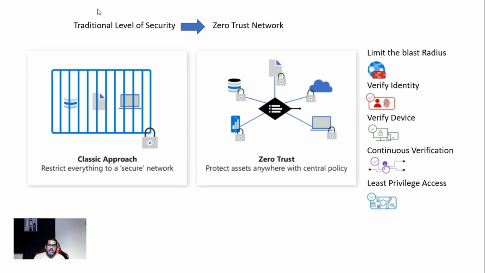As a result, we have to take the zero trust approach, wherein you need to protect assets anywhere with a central policy. We also talked about zero trust in the previous video. I highly recommend having a look at it if you want a deeper understanding of zero trust. But the goal of zero trust is basically to limit the blast radius, verify the identity, verify the device, do continuous verification, and enforce least privilege access. You can have any one of these controls and grant access. Having all the controls is going to be a big challenge, or you can pick a few controls